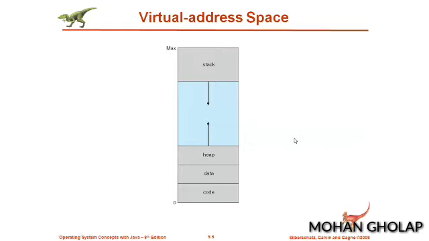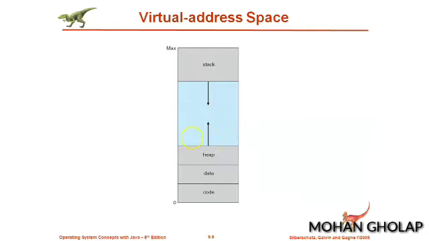Whenever a particular program is executing, a process will be created, and that process will have an associated memory meant for its use. It will use different memory segments: as we already know, the code segment, data segment, the heap area, and stack area. Between the stack area and heap area we have a particular memory area which can be occupied by both heap and stack as and when required. This free memory between the stack and heap, we consider as the virtual address space.